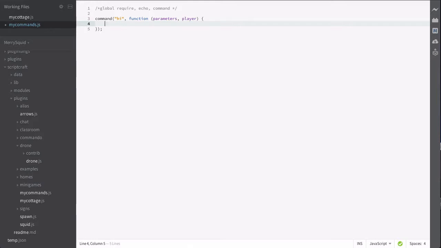And then player is going to be the player object, and there's all kinds of interesting things we can do with that. So we'll say var salutation equals parameters. Now we want to get the first thing off of this list of what the user typed in. We use the square brackets for that, and we say 0. So arrays always start with 0 in JavaScript. So we say square bracket 0, close the square brackets, and that gives us what the user typed in as the first thing. And then we can say echo